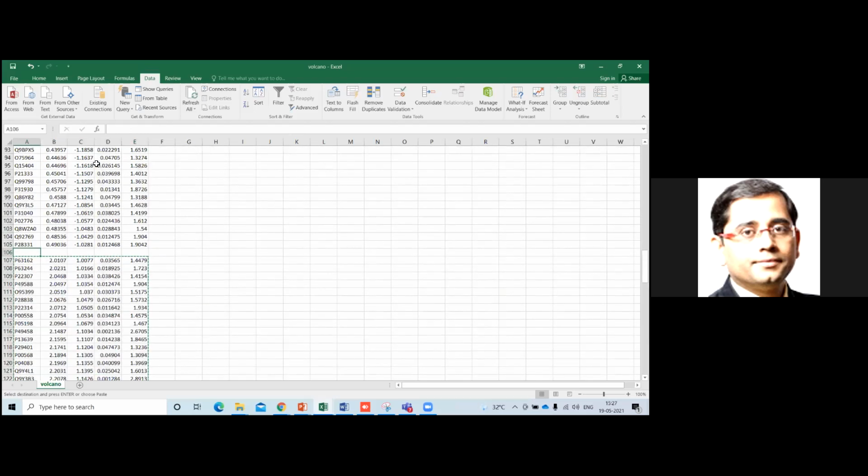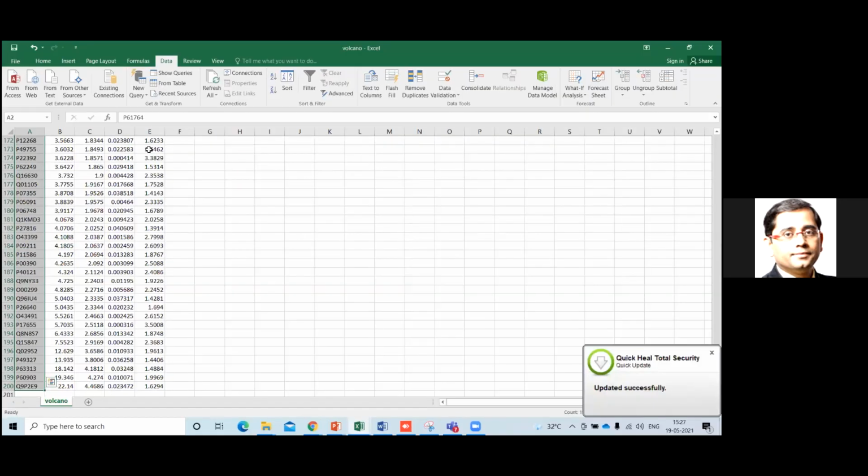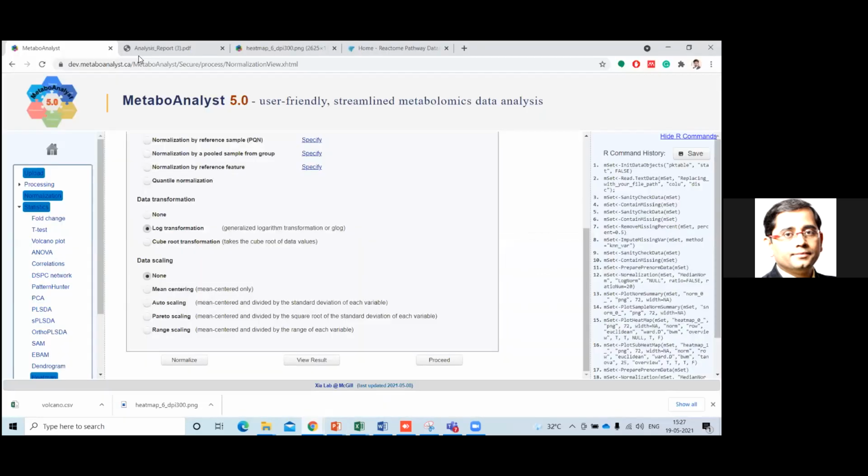Then ask them, whatever proteins they have found, to try the pathway search, and then they can tell us what pathways they got. So you can take this list of 198, 199 proteins, whatever we got when we downloaded the data from the volcano plot. Copy this data and go to Reactome. Just write Reactome over here.